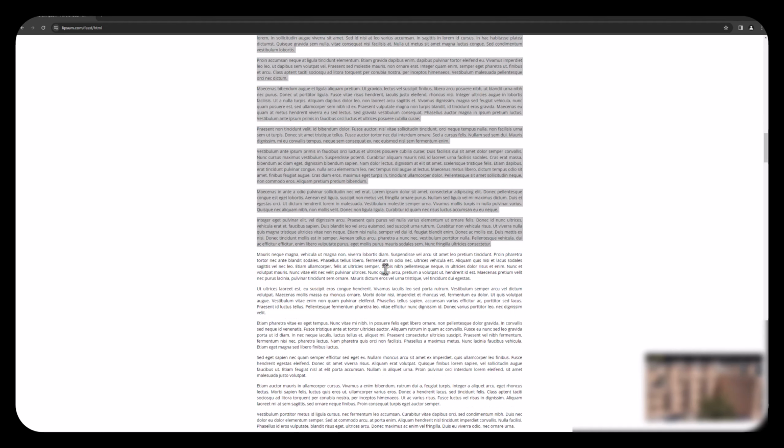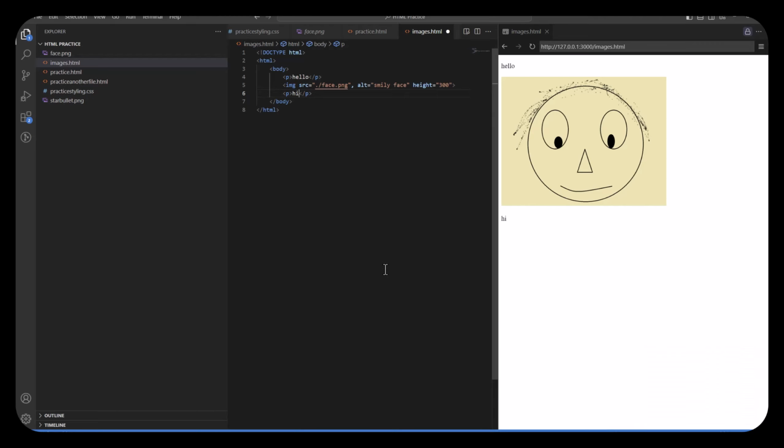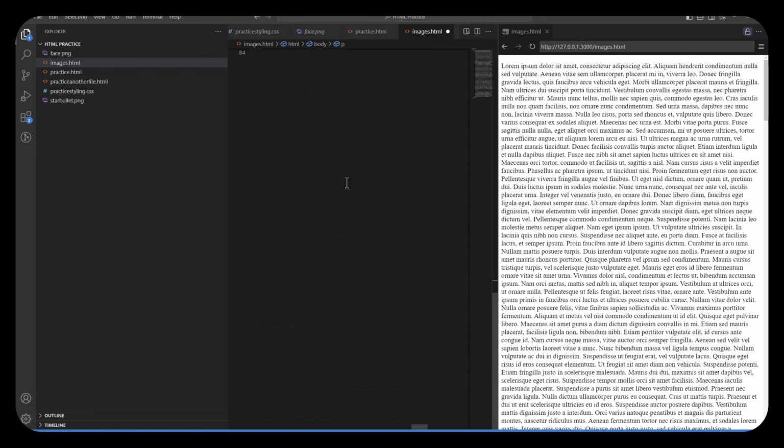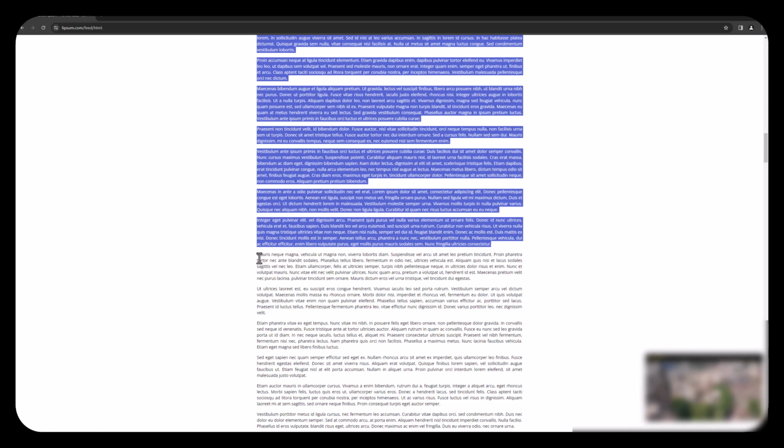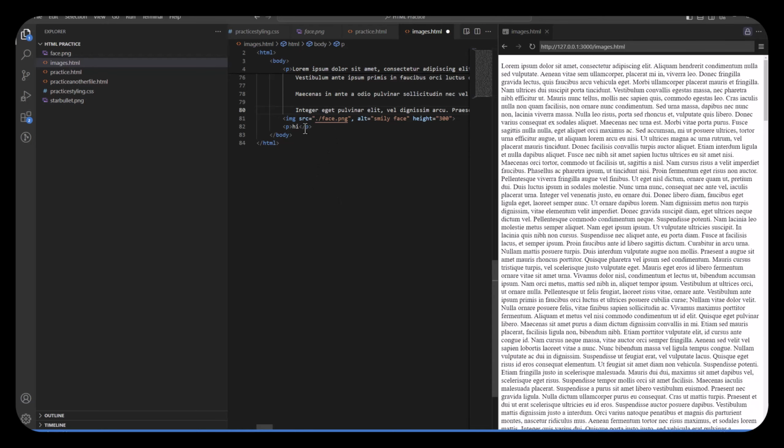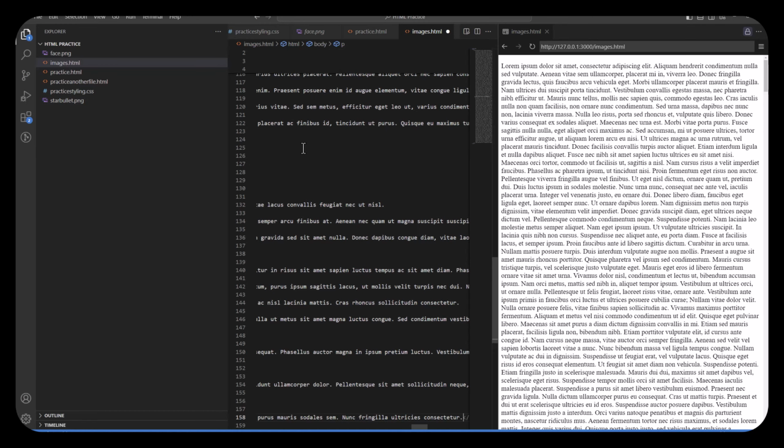Okay, going back and add this to the first paragraph. Left, and copy and paste the same thing after the paragraph. Okay,